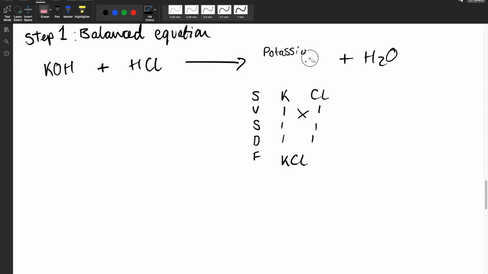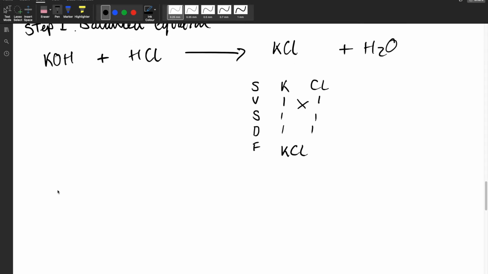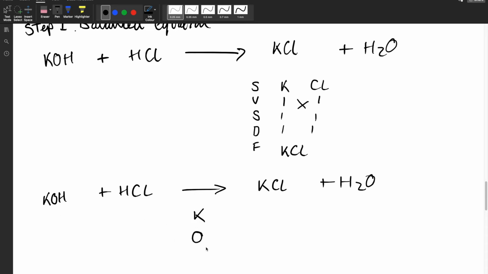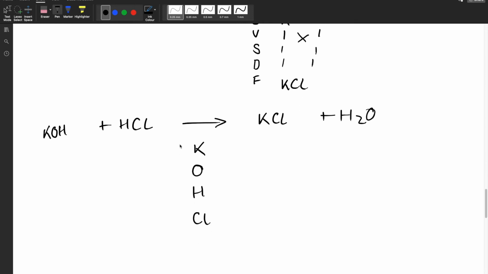So let's just rub that out and let's put it in because we now know it. So KCl. Our next step is to make sure that it's balanced now that we've got everything there. Okay, so I'm going to rewrite it and make sure that it's balanced. So we've got potassium there, we've got oxygen, we have got hydrogen, and we've got chlorine. So we've got 1 potassium on the left, we've got 1 on the right,